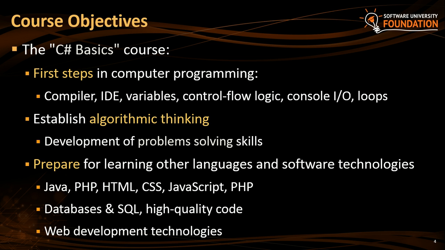We'll have a Java course, PHP course, HTML and CSS course, and JavaScript course, and this will lay the basics, and this is our first level. We are currently at level 0. After graduating C# basics, this course could be more correctly called programming basics with C#. You will need to pass through the other basic courses, and later specialize in some profession